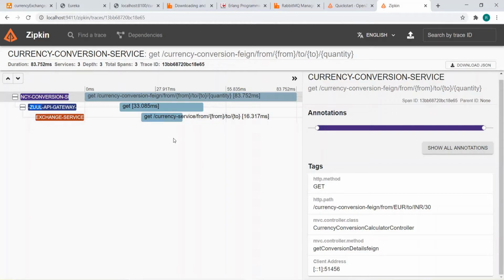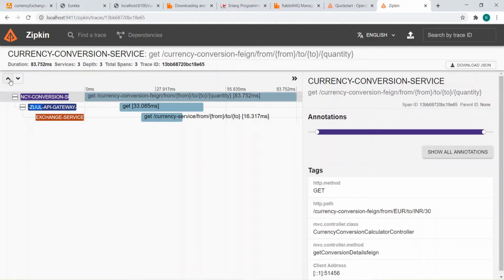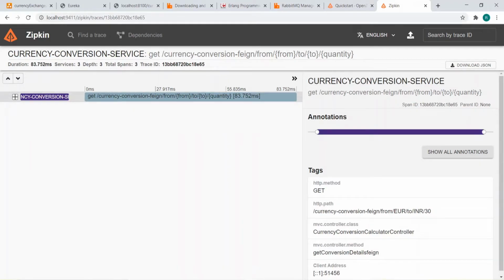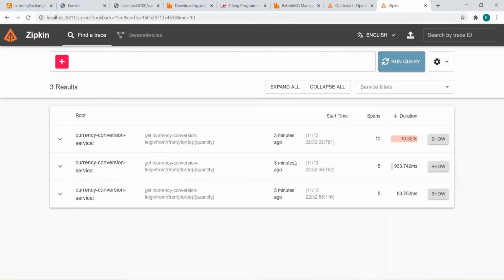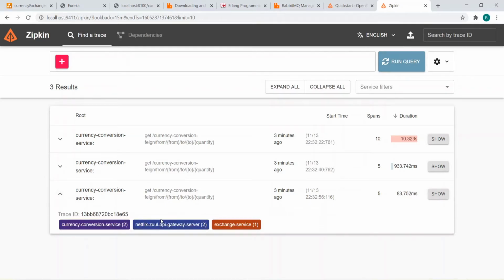Now you can click any of these. So let's go back, currency conversion service. Better to trace again, run query, it will come here. You can click currency conversion service, and you can click on the Zuul API gateway server or the exchange service as well. So I clicked the exchange service, it came here.